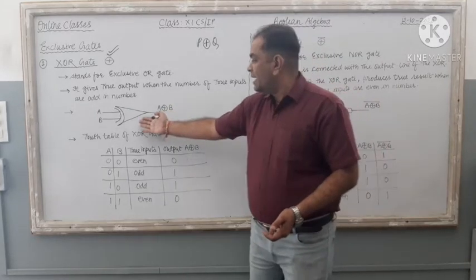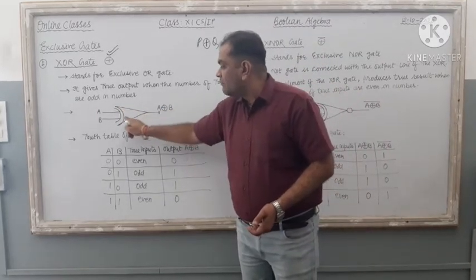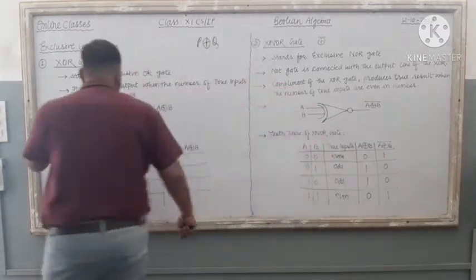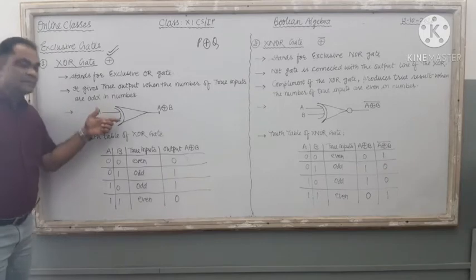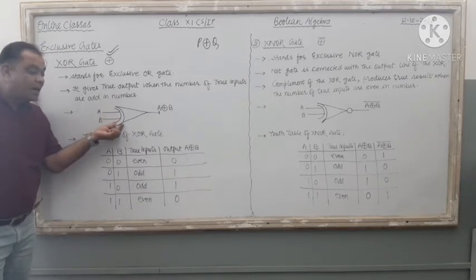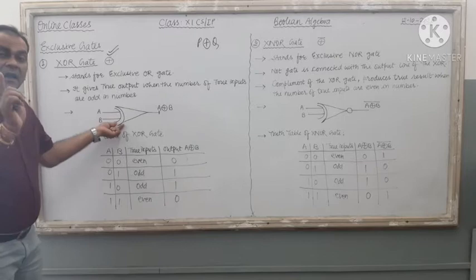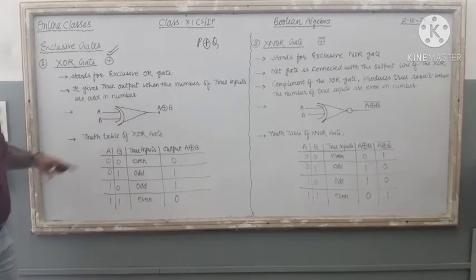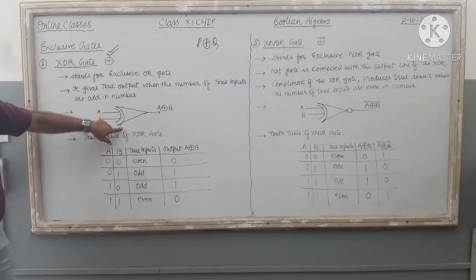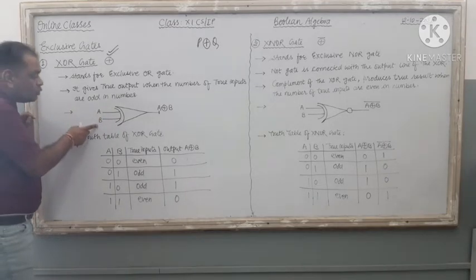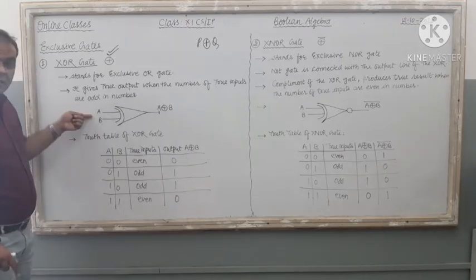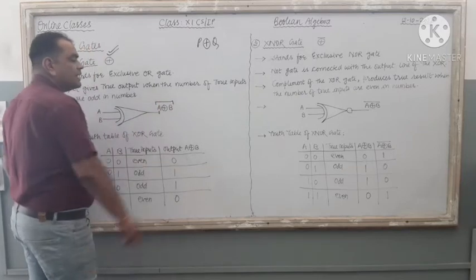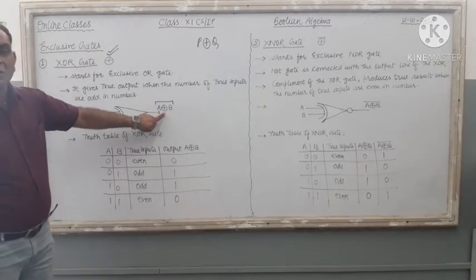Just check the diagram. Here it is. Just one OR gate with one extra curve. Clear? If you see it from this angle, you can see 2 different curves connected with this OR gate, so it is known as exclusive OR gate. Right? 2 different curves are there. Here in this diagram, it is a 2-input XOR gate. The first input is A, the second input is B, and the output, the result of this gate, is this one. It is the symbol of XOR gate.